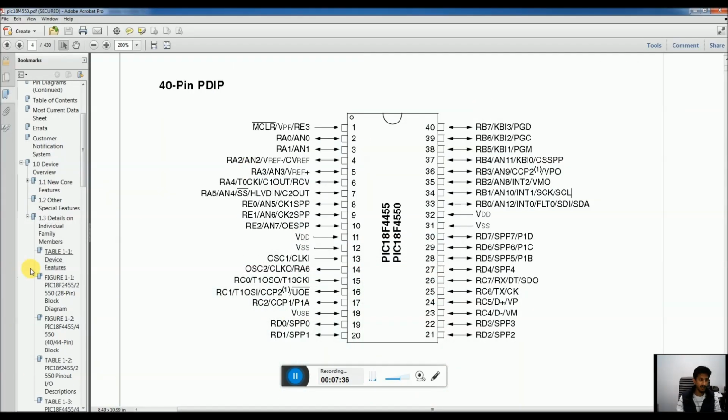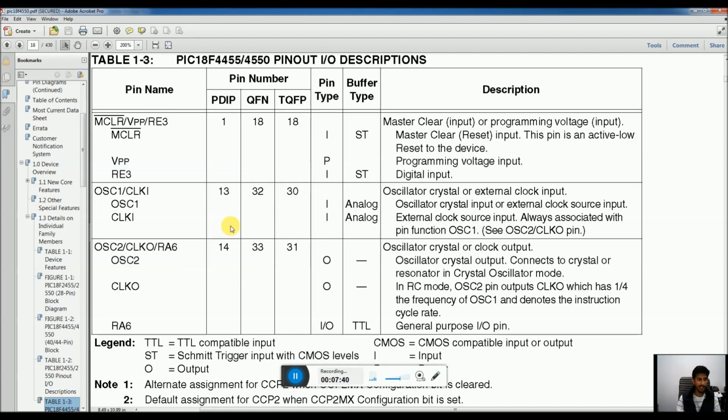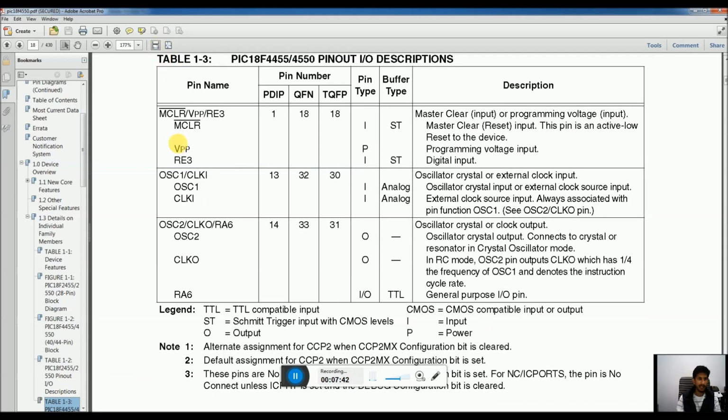Let's move on to table 1.3 in your data sheet, which lists all the functions associated with each pin of the PIC18F4550 microcontroller. Pin 1 has a label of MCLR/VPP/RE3 here.